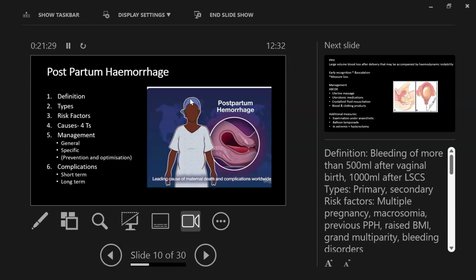So in that context, losing 500 mils of blood may constitute a major hemorrhage because it's very likely a person who's already anemic with low BMI is going to decompensate before they get to 500 mils. So please bear that in mind. So I would say that a better definition is a volume of blood loss that is sufficient to cause some